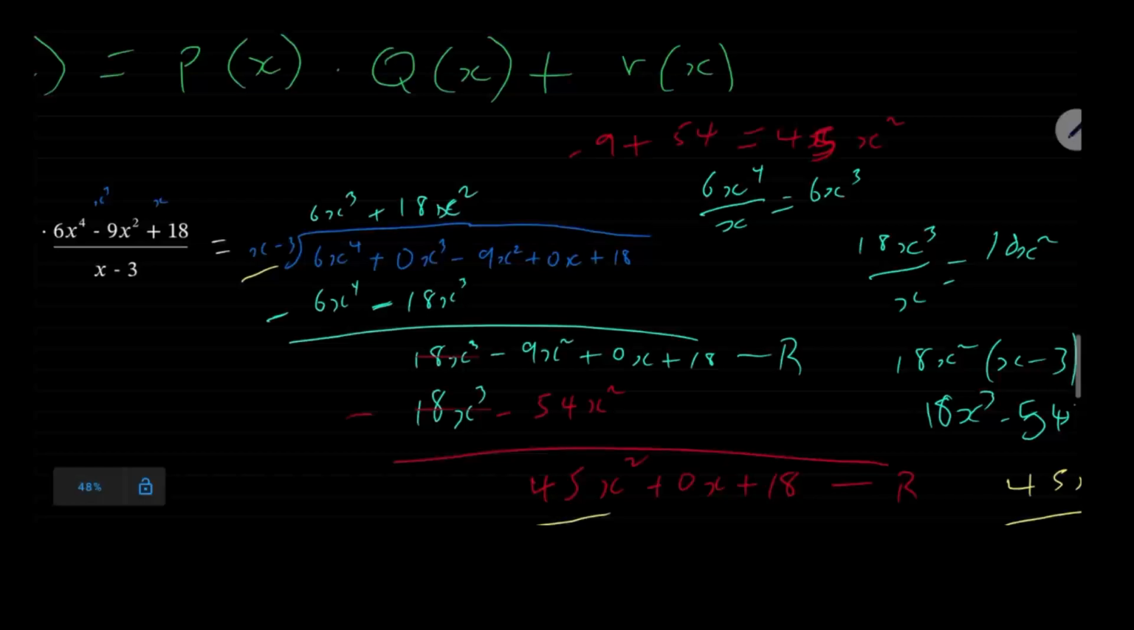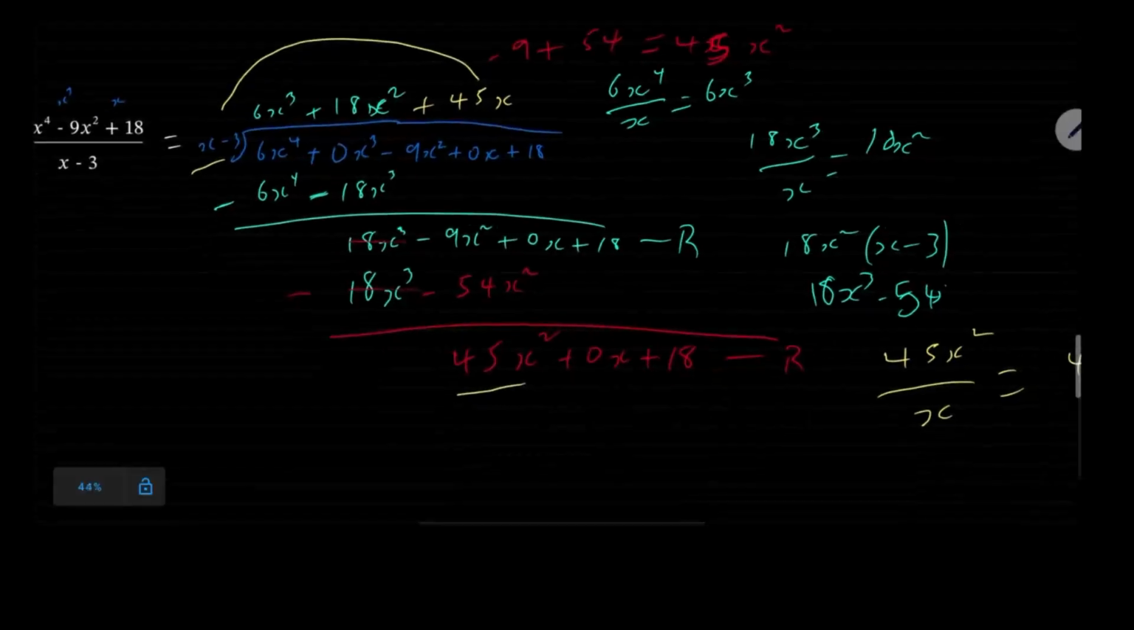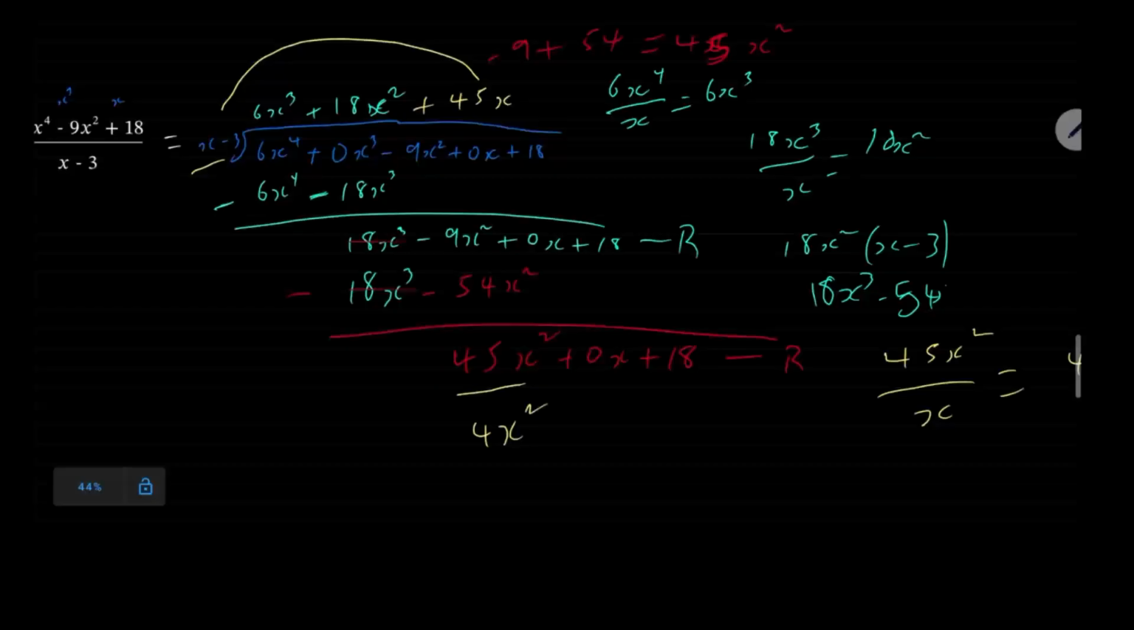Okay, so we are coming here to plus 45x. So basically we use this 45x to multiply everything here. At this stage, I'm sure everybody's getting what we are doing now. So 45x times x is going to bring us to 45x squared, and then 45x times negative 3 is going to bring us to negative 135x. Now when that happens,